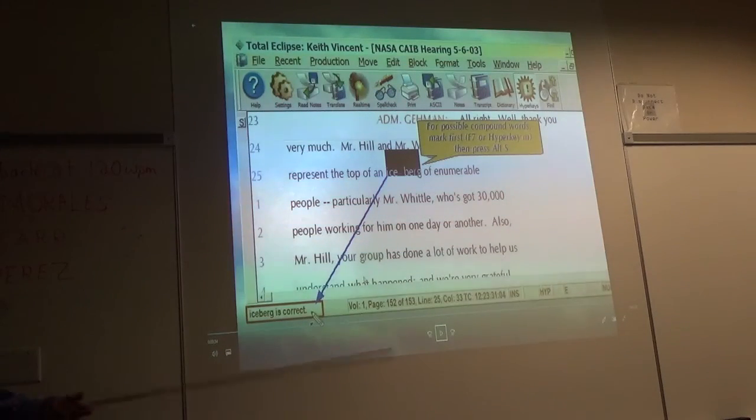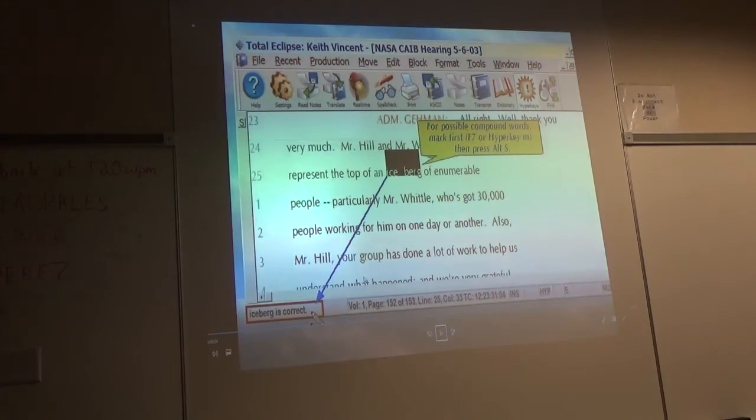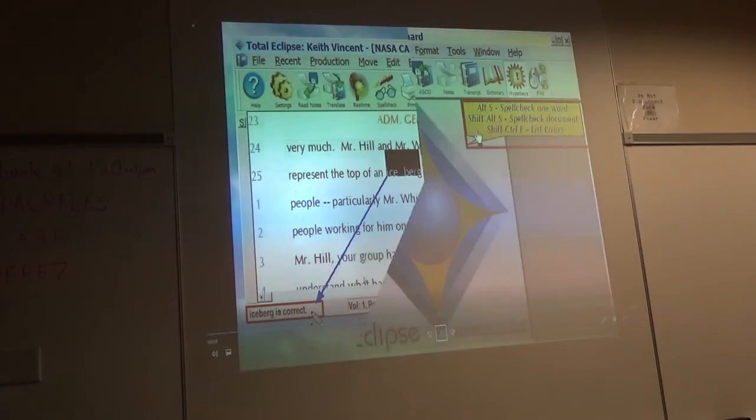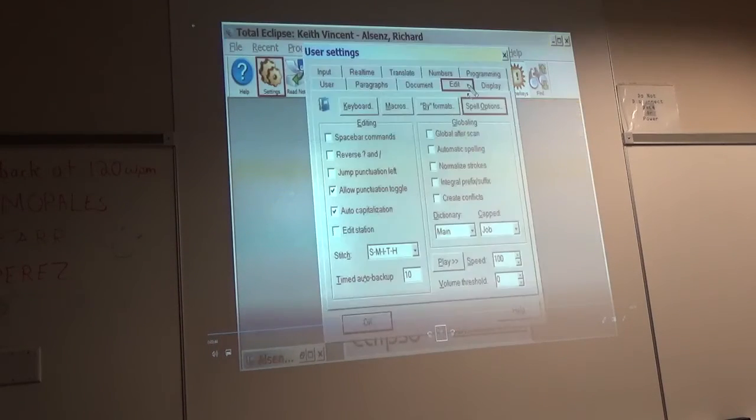So that's how you can do it, by marking it and doing the Alt-S. When you're ready to spell check your entire document and not just individual words, you can get started by pressing Shift-Alt-S. However, let's see how you can go to the Edit section of your user settings and fine-tune the